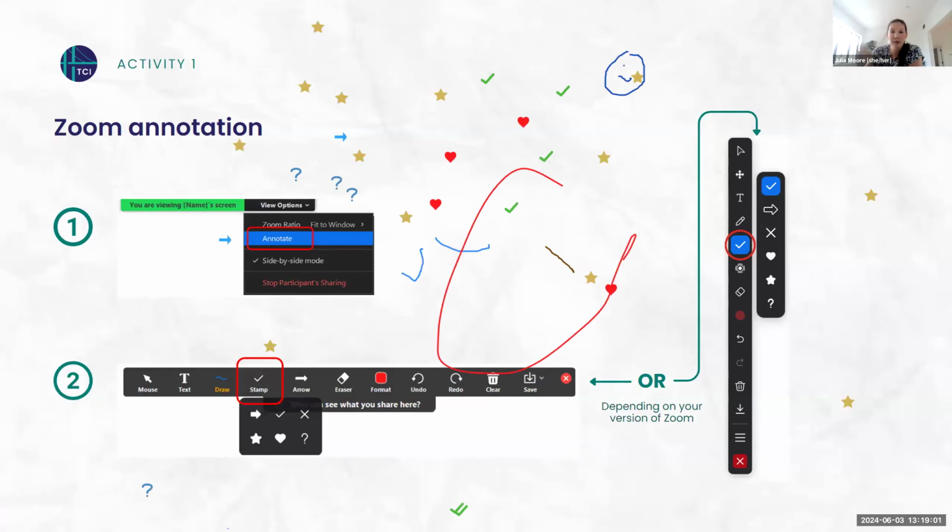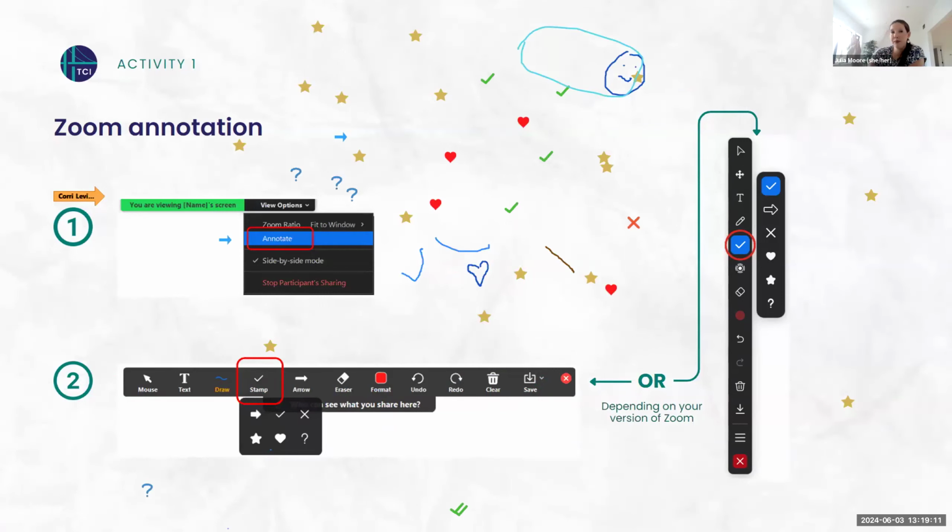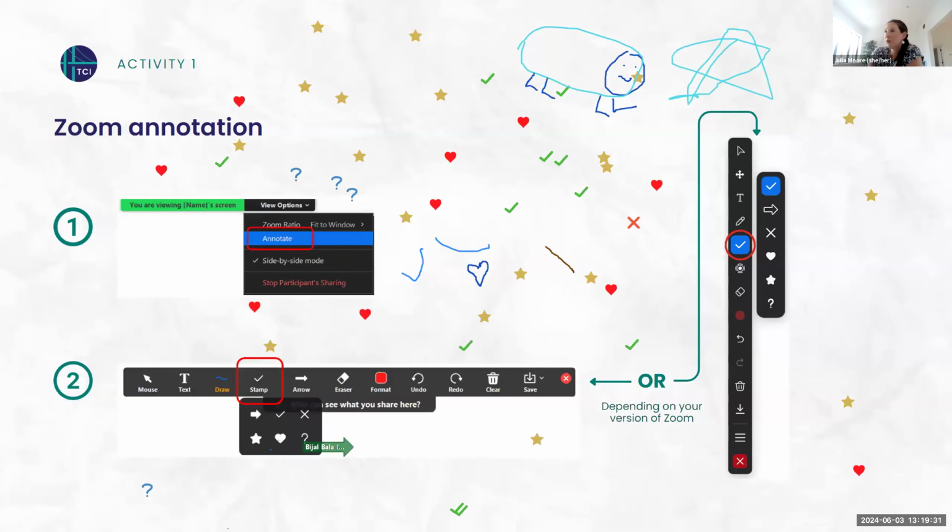If you have technological issues, please directly message Carrie in the chat, and she will annotate on the screen for you. So no one will know your name. You can annotate. My only tip is do not pick the arrow. It only lets you have one person using the arrow, and you essentially just erase each other's things and erase your name on the screen. So do not use the arrow is my only real tip. All right. I will give everyone 10 seconds to keep annotating, and then I will clear it and bring us to our first screen.